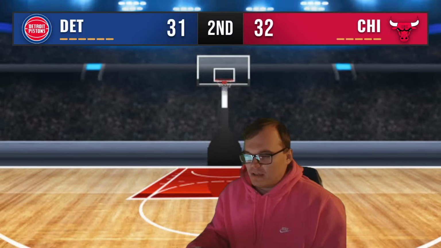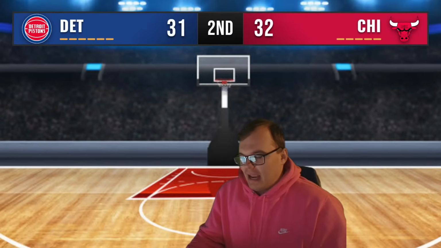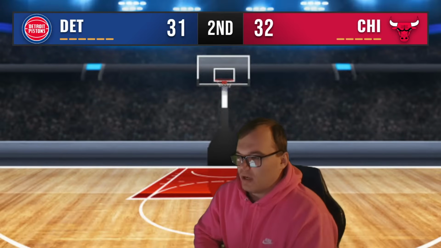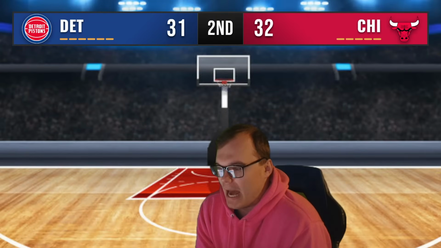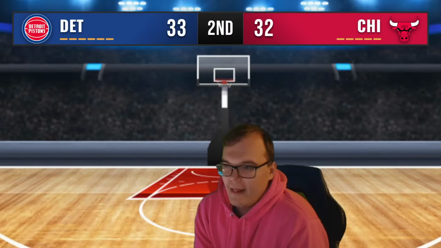Cade with a great defensive play in transition. Javonte Green runs the fast break. And Buzelis comes out of nowhere and deflects it out of bounds. Cade gets it back here, working inside here. Turnaround shot for Cade is off the mark, boarded by Mates. Mates working the other way here for Chicago on the left wing. Finds Smith, trying to get it inside to his teammate. Stolen away by Cade Cunningham. Cade in transition for Detroit on the left wing here. Cade with the basketball, working inside to the paint. Turnaround shot, left-handed floater is good.